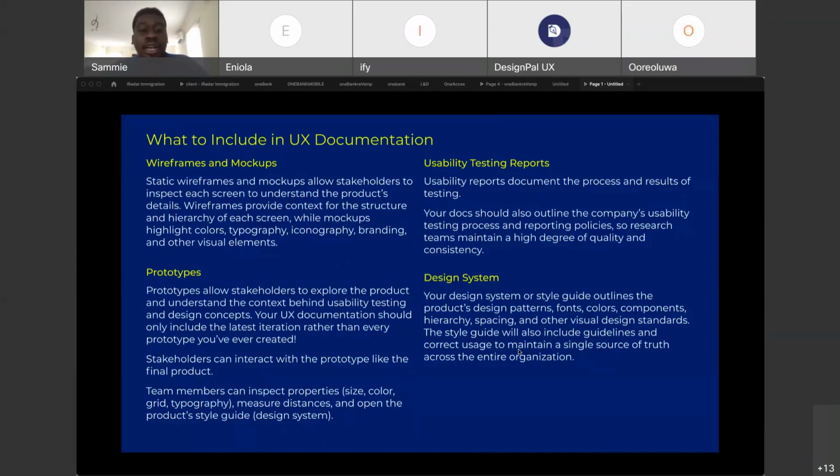Now, stakeholders can interact with the prototype like the final product. Team members can inspect properties, size, colors, grade, typography, measure distances, and open the product style guide, which is the design system. At first, stakeholders can interact with the product to know what the goal is. But the most important thing is your team members, because when you're building this product,